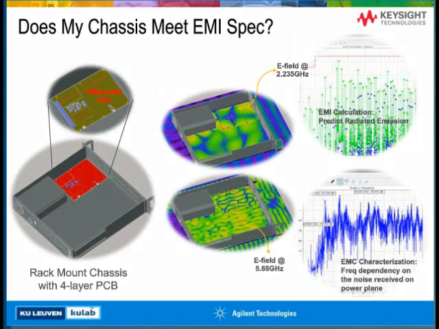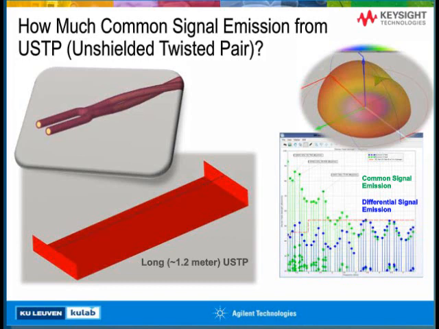Next example is a very common example with unshielded twisted pair. For example, Cat4 cables are UTP. And one of the typical problems with this type of cable is having the common mode on the cable, not having its own ground plane. There is always a higher level of emission problems with this type of cable.